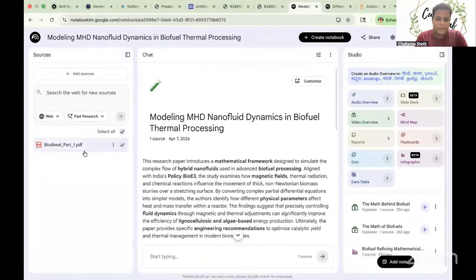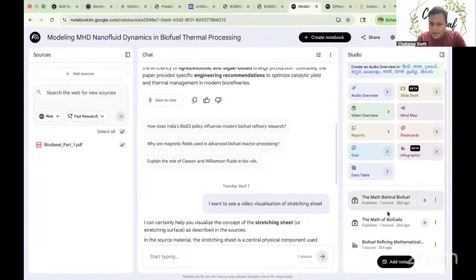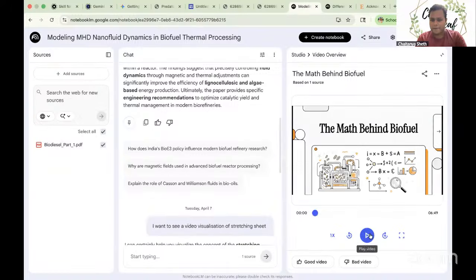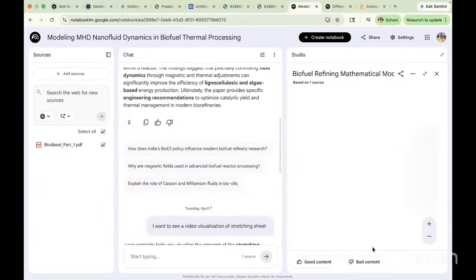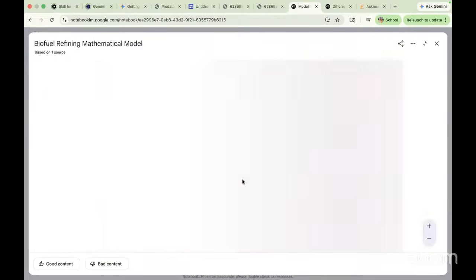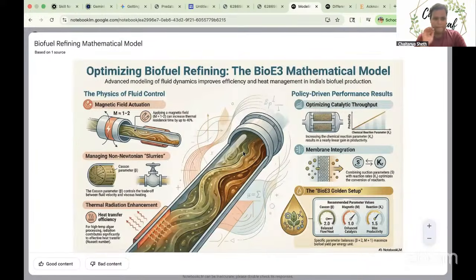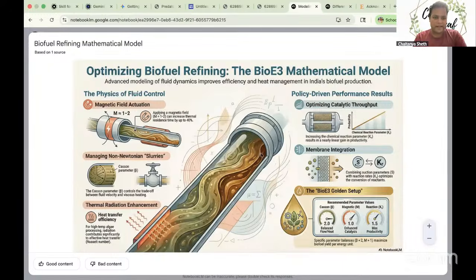I uploaded the paper here, and it summarized it. It also produced a couple of videos, which take around 3 to 5 minutes, but they were very nice, with good visualizations. Then there is an infographic. This infographic was not up to the mark of what I was expecting. It was supposed to show a stretching sheet, but it misinterpreted it as a pipe.